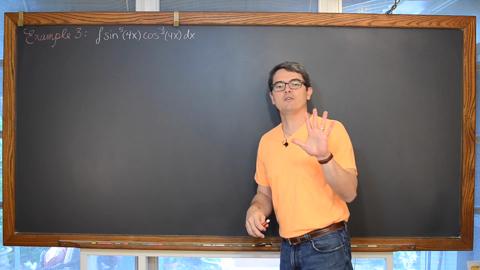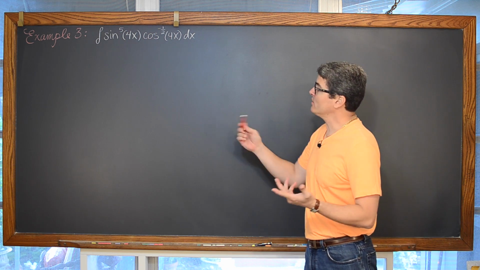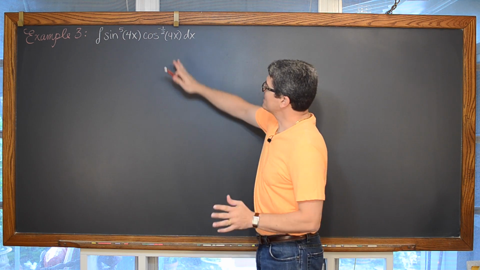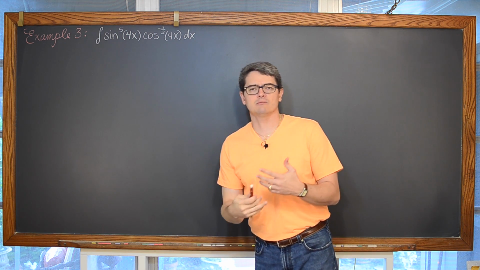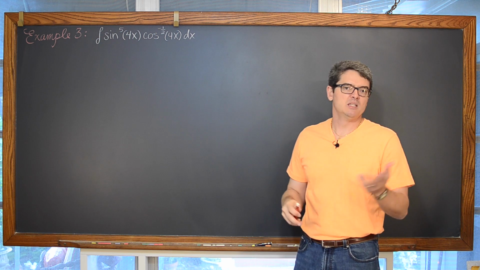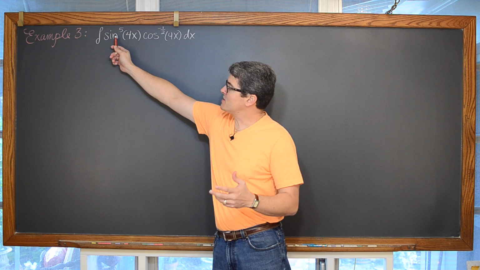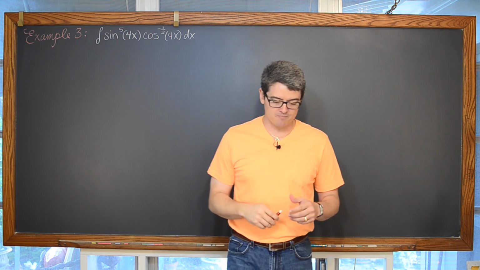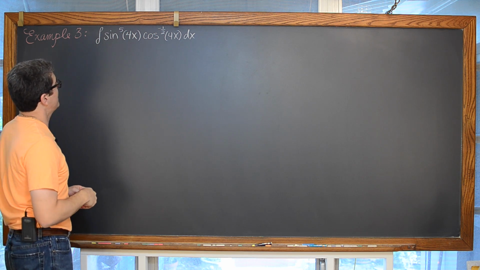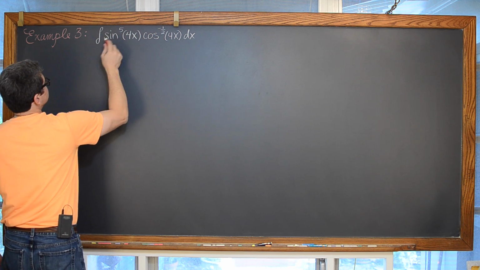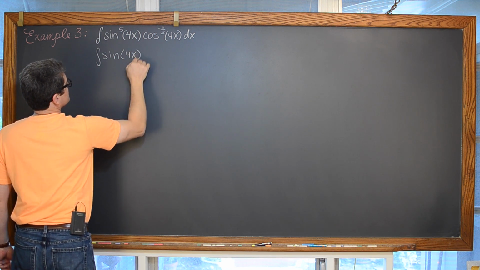Now examples 4 and 5 are going to start to vary compared to these first 3. I included this one because it's a little bit scary, maybe, with your power of cosine being negative and having that fractional power on it, but don't worry about it, it's not going to be a big deal. Because we still have a sine with an odd power on it, we can still remove that odd power of sine, break it down to a power of 4, and we get the indefinite integral of the sine of 4x.